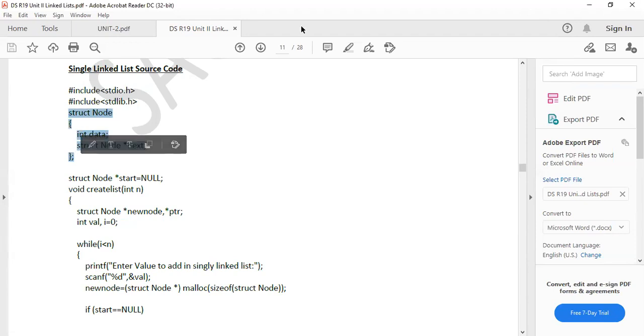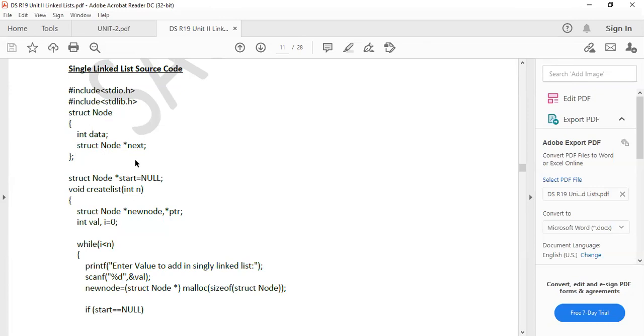So that means before the main function only, we will declare the global variables. That is why we are declaring the structure node globally, so that we can use the node everywhere. We will write a lot of functions and perform a lot of operations, so we can use the node globally.